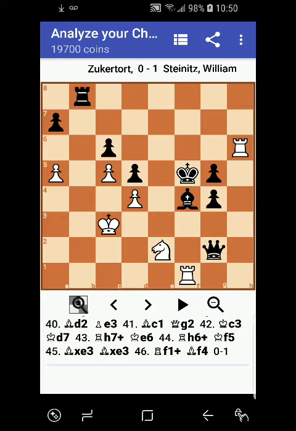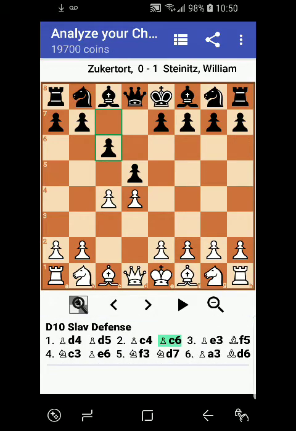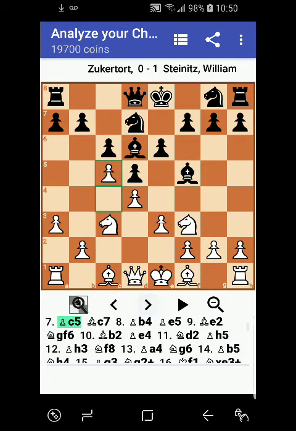So my overall thoughts on this game is that both players try to attack, as we will see here. So in this early part of the game, Zukertort seems to have the upper hand here, attacking on the queen side with the queen pawns. Then with the amazing counterplay here in the center by Steinitz,